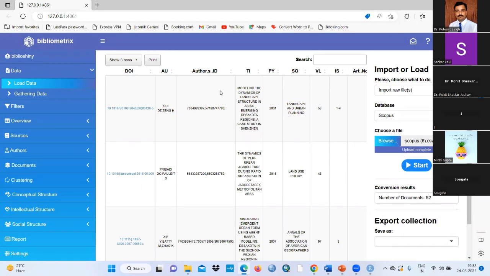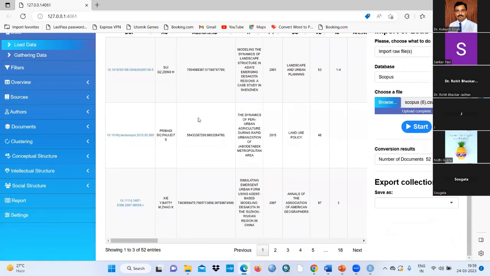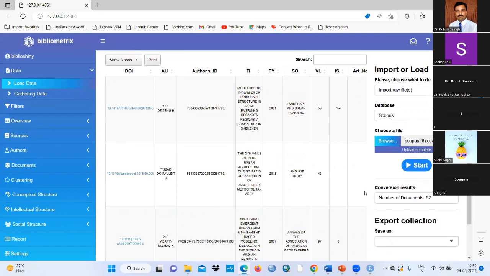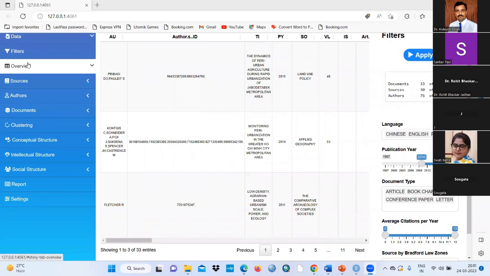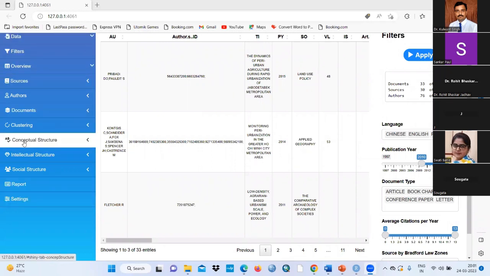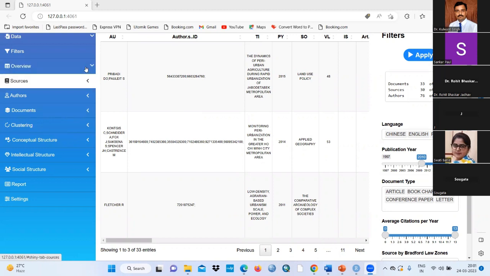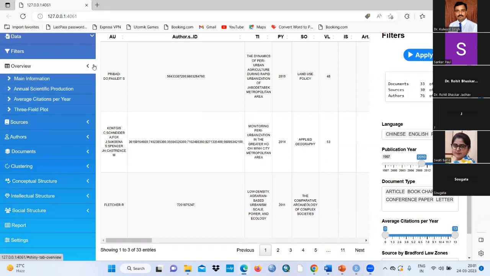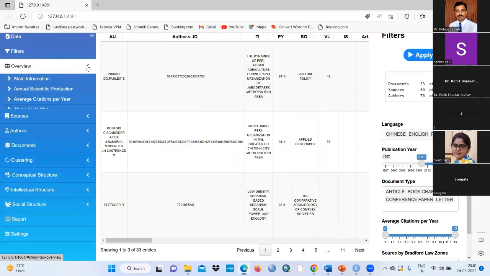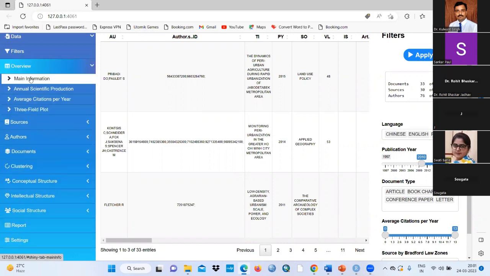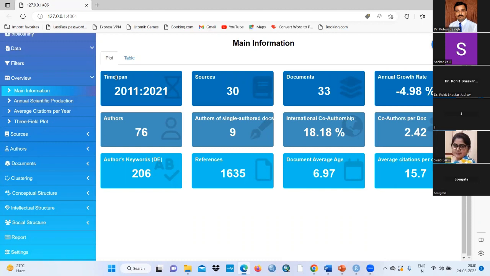पहले, so you can see here whatever the data is in the data set, okay, it will show you in multiple set of files। ठीक है, यहाँ पर जो कुछ भी है आपका डाटा सब कुछ इसमें आ जाएगा। Okay, you can see here the different types of labels or folders are there within the app। Okay, and simply go to overview, click on overview and click on main information, document, annual growth rate, author, single author and everything।